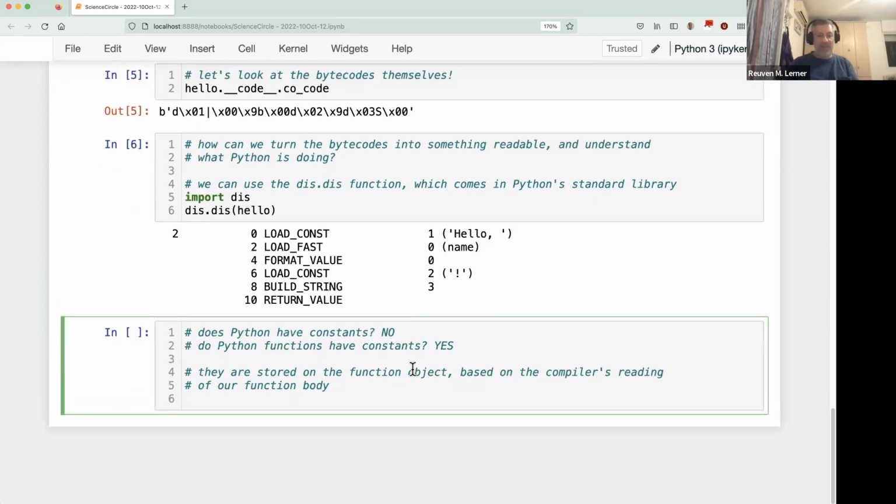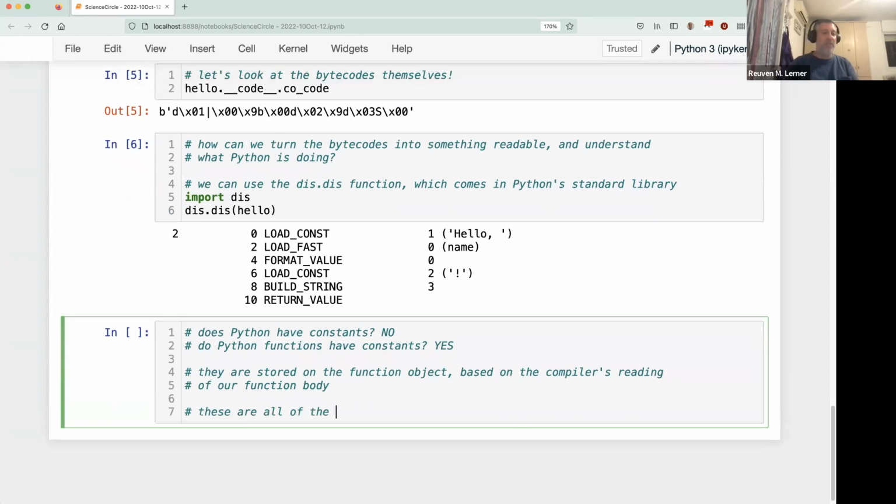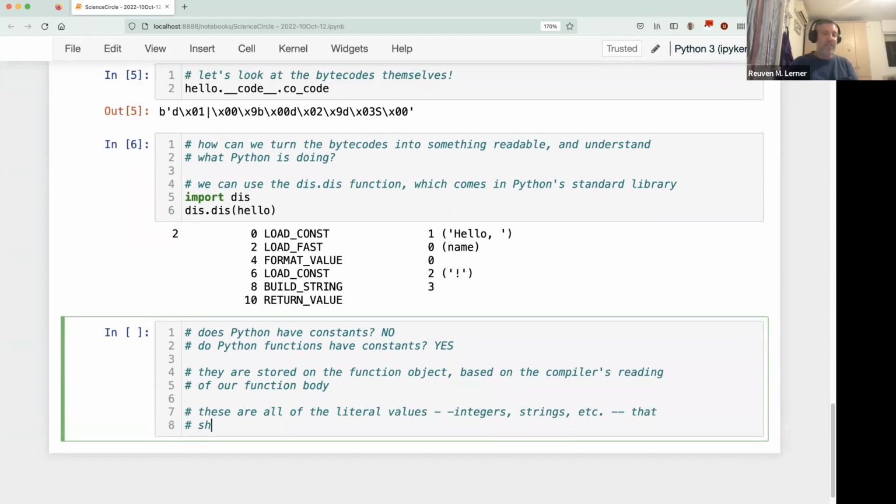And what are these things? These are all of the literal values, integers, strings, etc., that can be stored once and then used multiple times, and even if we're not going to use them,